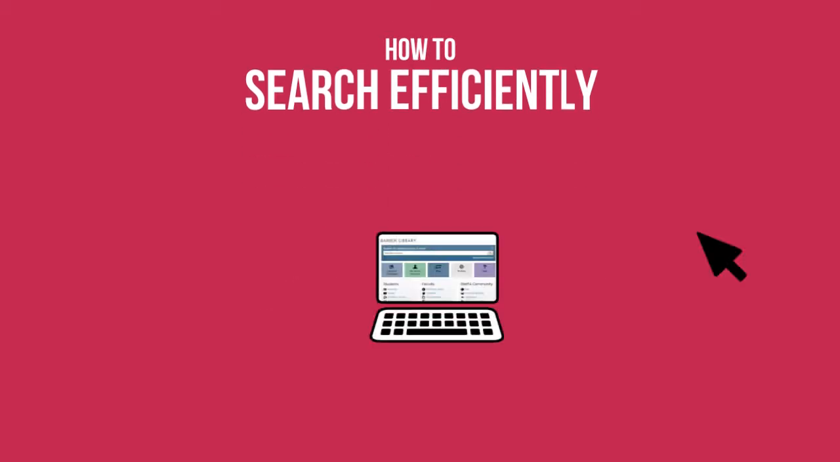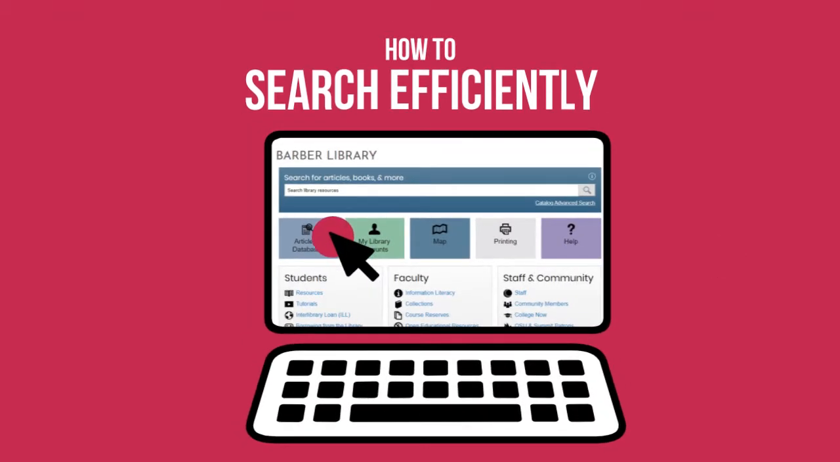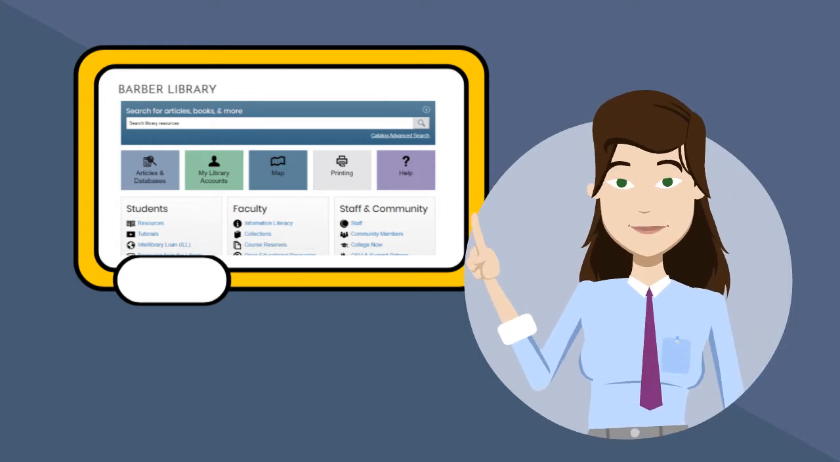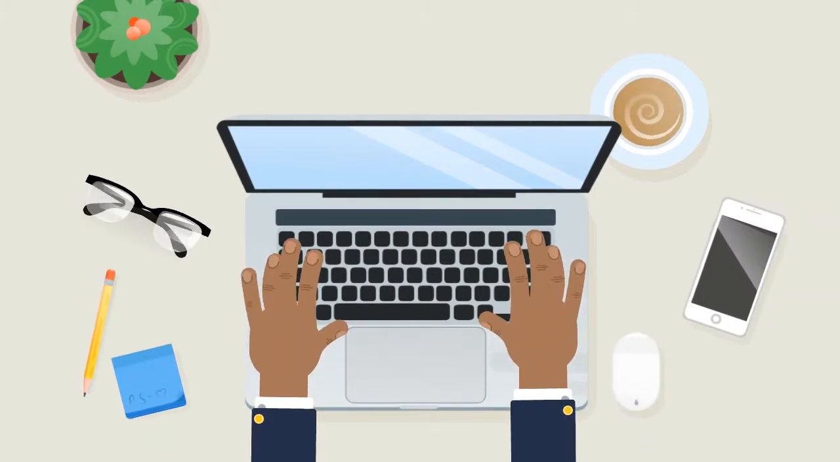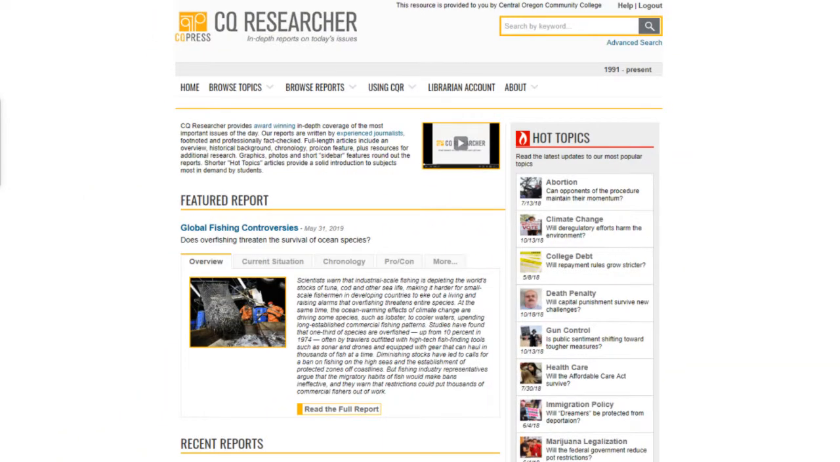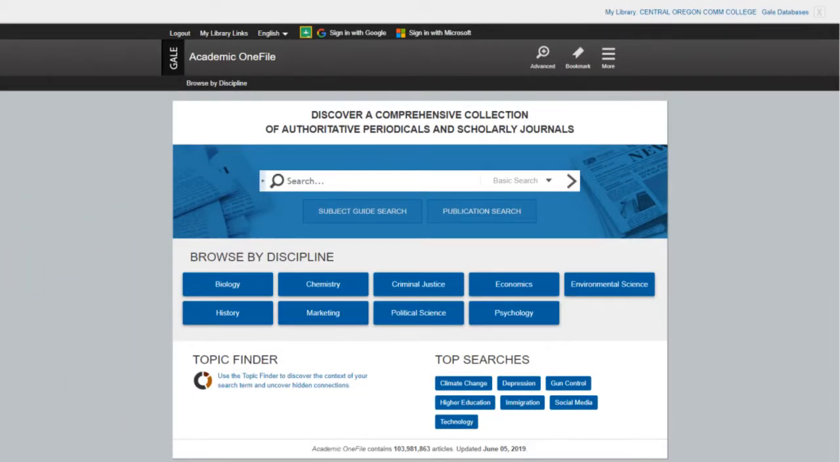How to search efficiently using library databases. Library databases are a little different from how we're used to searching in a place like Google. From the Google search page, you have one thing to do. A library databases search page has a ton of options. And because the library purchases databases from a lot of different companies, these search pages will change depending on where